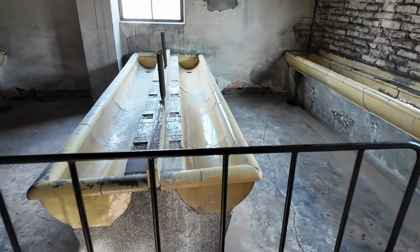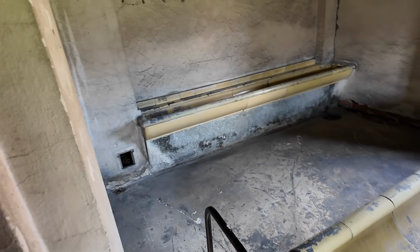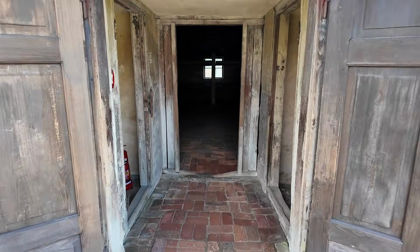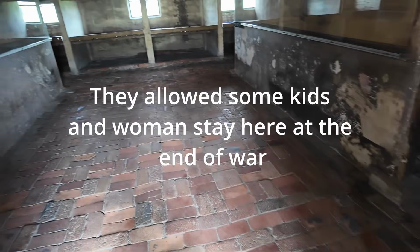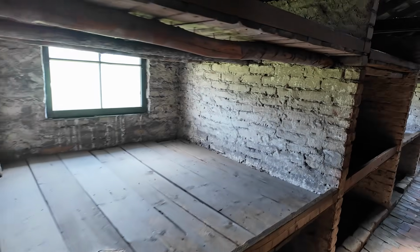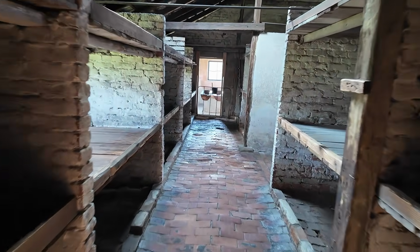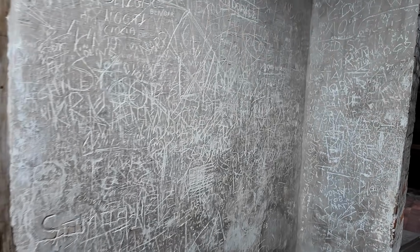And this is the washroom here. Look at this. All of this is still original. That's what I've been told. Look at all the washroom. I want to show you the washroom. I'm not sure if this is the original writing or not, but...